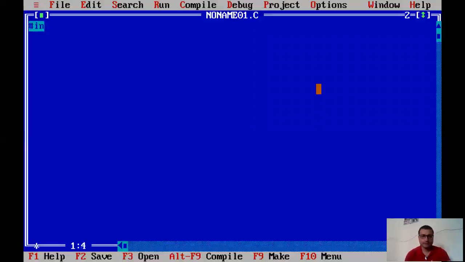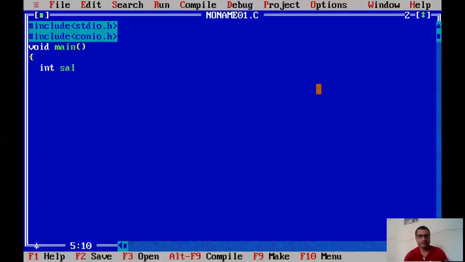So, as usual, we have to include the header file also, right? One more header file, conio.h, which we use only for Windows. Then void main. Now, how many variables do I need to take? I need to check for two conditions: one condition is of salary and the other condition is of age. So I'm going to take two variables, salary and age.